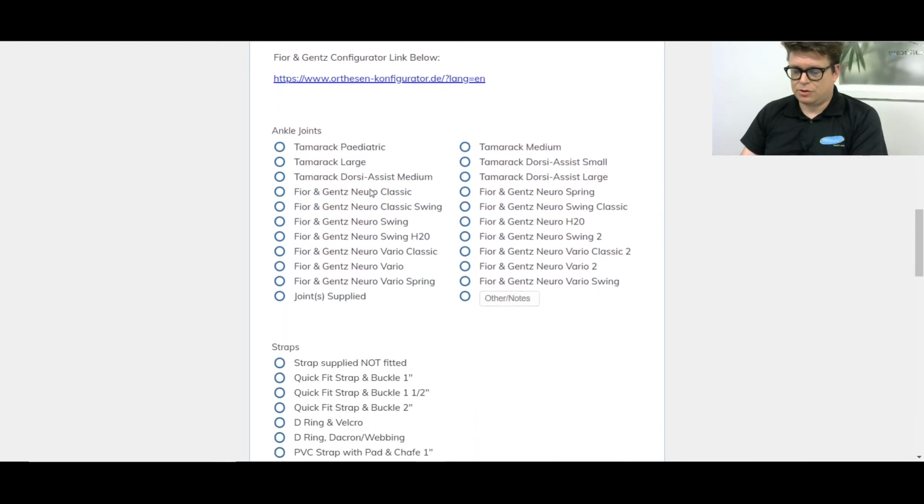Massons is a distributor and manufacturer for Fior and Gentz ankle and knee joints. Fior and Gentz joints are a really nice German-made joint. They also have this really good Orthosis Configurator. So we follow this link here, it'll take you to their website where you fill in all the details of your patient, their activity levels, their strengths and that kind of stuff. And at the end you get some recommendations on which Fior and Gentz joints to use and laminations and things